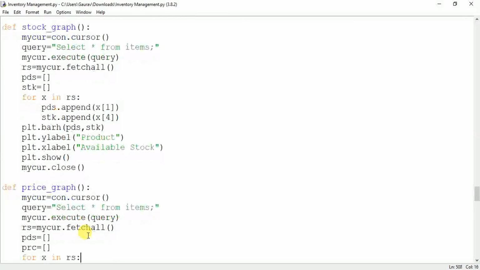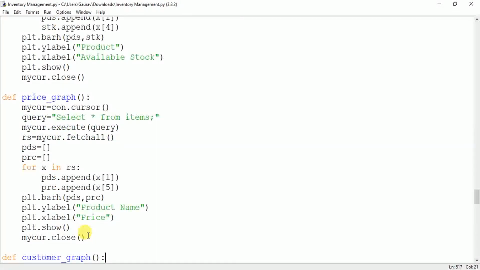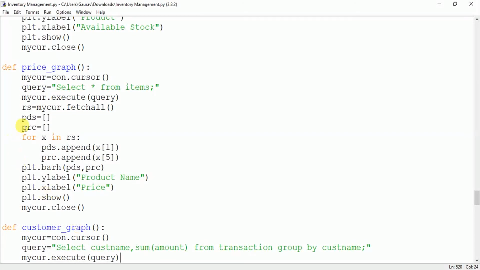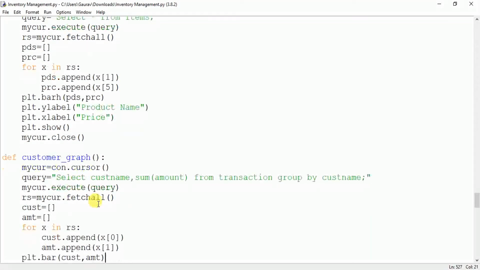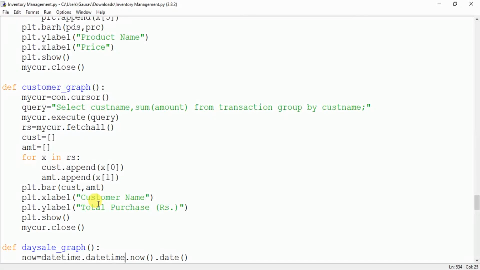Then if you want to have a price graph, again same, product and price. Okay, you can plot the bar graph and you should write PLT dot show. Then the customer graph, depending upon the customer and the amount the customer has bought, the axis will have customer names or customer ID and the total amount.